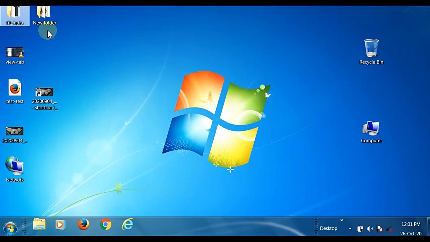Okay, so why are all these things here? The desktop is the primary user interface of a computer. What is meant by user interface? The primary user interface means if you want to access any of the files or the folders that we have saved here, you can directly select it from the desktop itself.